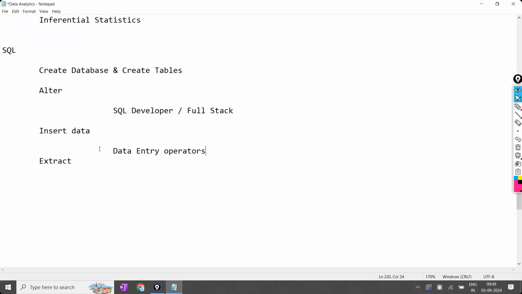For example, while sitting, while discussing like this, suddenly due to some reason, my mic will not work properly. Now, should I call the person or should I start doing the repair of this particular set? Should I learn how to repair this one? No. Suddenly the projector will stop working. Should I learn how to repair the projector? Because I'm taking the class now, so should I learn that one? Because in the future if anything happens, I should be familiar now. No. That will be done by one person, one work will be done. Everything will not be done by one person.